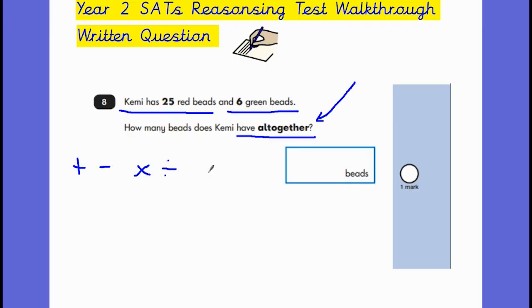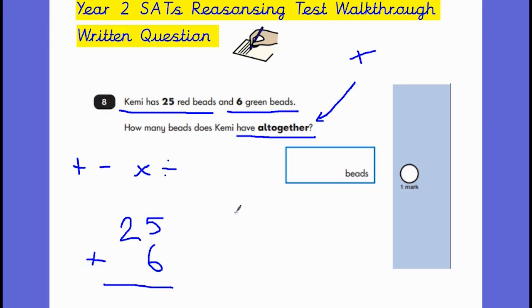Now, if you see the word altogether in a question, what I usually say to the children is if you see that word, it's usually asking you what have you got all together. So you need to add everything together. So all together is a good indicator that the question is an addition question. So I'm going to do 25 add 6. Okay, now depending on which way they prefer to do it, they could count on from 25 to get to 31,